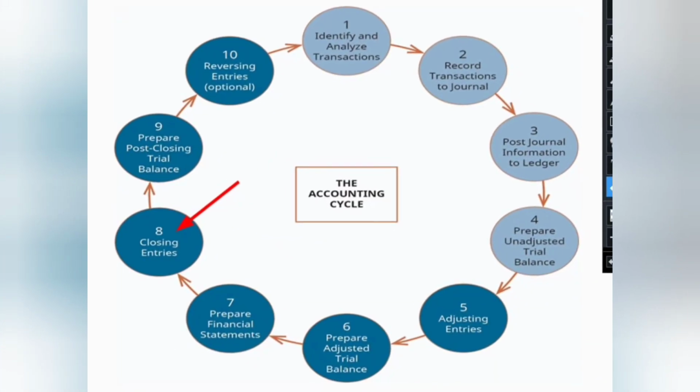In step 8, at the end of the closing or accounting period, the temporary account balances, meaning the revenue and the expenses, are transferred to the permanent owner's equity account through the preparation of the closing entries. At step 8, we need to prepare the closing entries to close the temporary balances. How do we close the temporary balances, that are revenue and expenses? By transferring these balances to their permanent account, that is owner's equity.